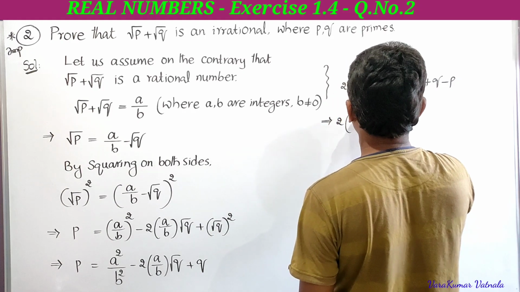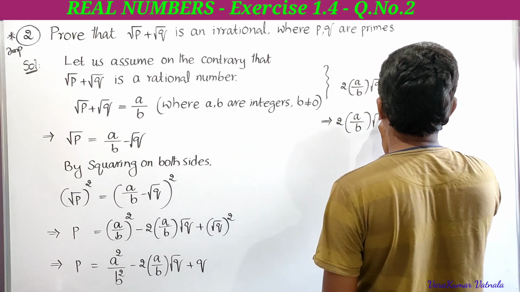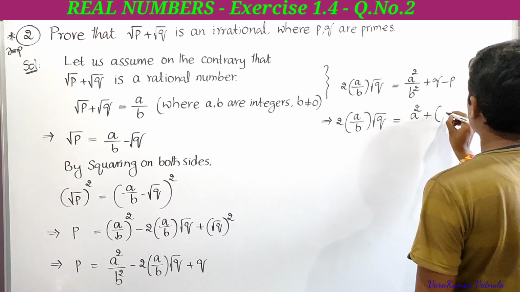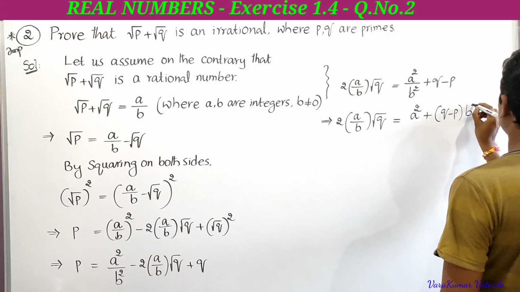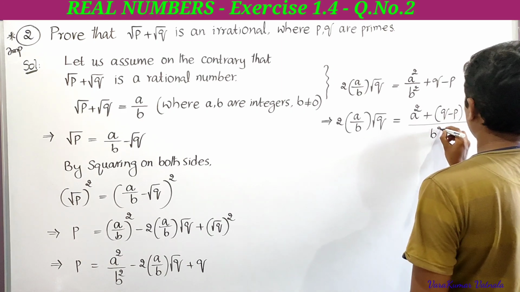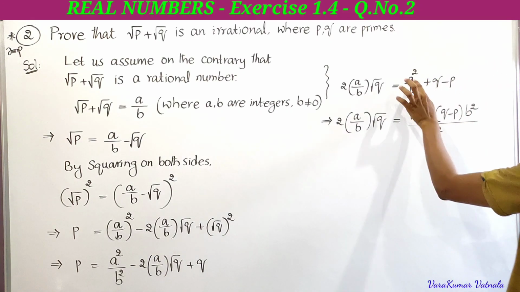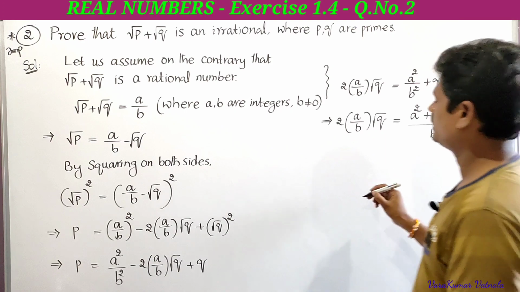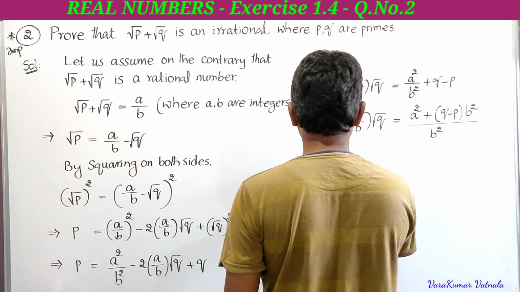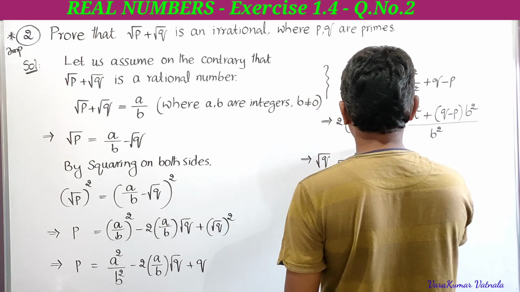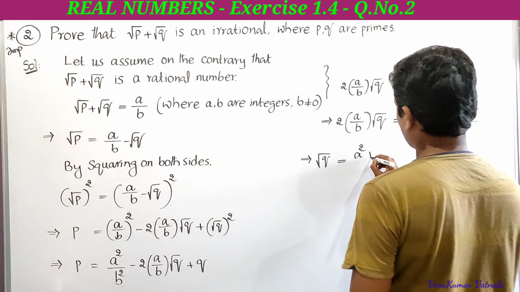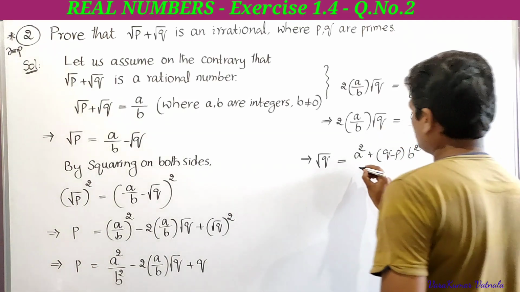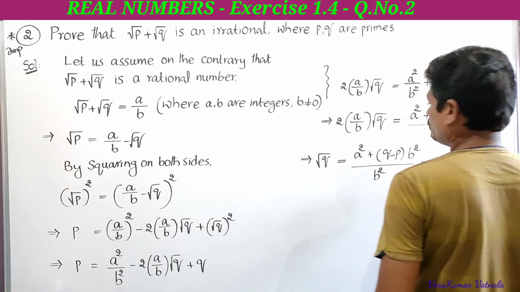Write this left hand side term as usual, 2 into a by b into root q is equal to, so find LCM, a square plus q minus p into b square divided by b square. So treat this total term as q minus p. So a square plus b square into q minus p divided by b square. Now take 2 into a by b to the right side again. So we have only root q on the left hand side. Root q is equal to a square plus q minus p into b square divided by b square into,